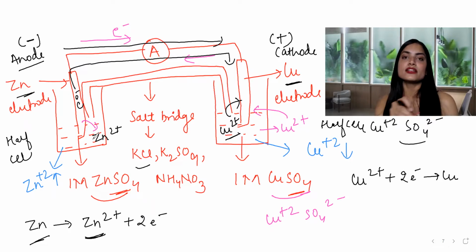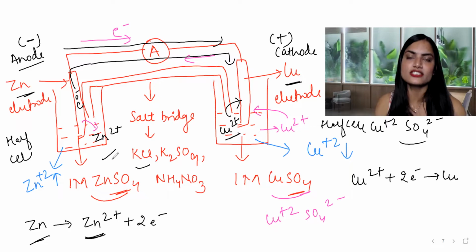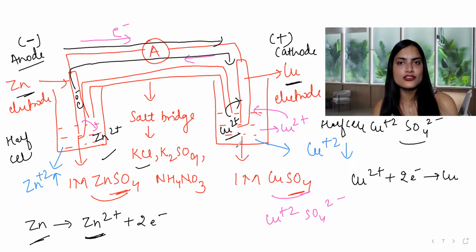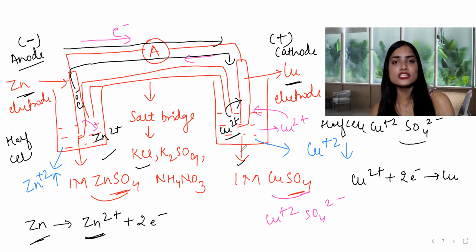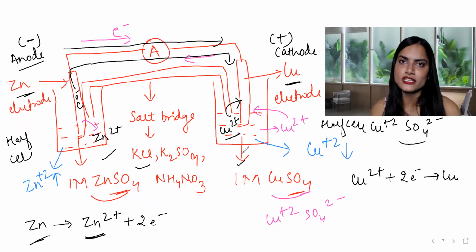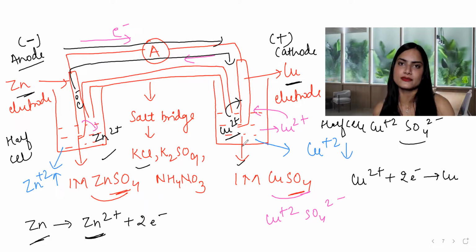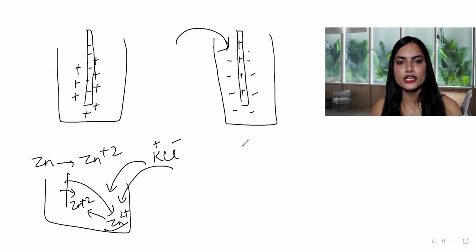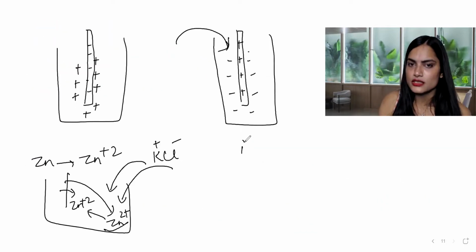Salt bridge will migrate the required negative ion towards this electrolytic solution, so that then this extra positive charge will get neutralized. And towards this cathode or cathodic solution, that is the copper sulfate electrolyte, there are more positive charges. So salt bridge what will do? Because there are positive charges, so salt bridge will migrate required negative ions towards this electrolytic solution, so that the charge will get neutralized. Right? So what is the function of salt bridge? First, it maintains electrical neutrality, and second, salt bridge,